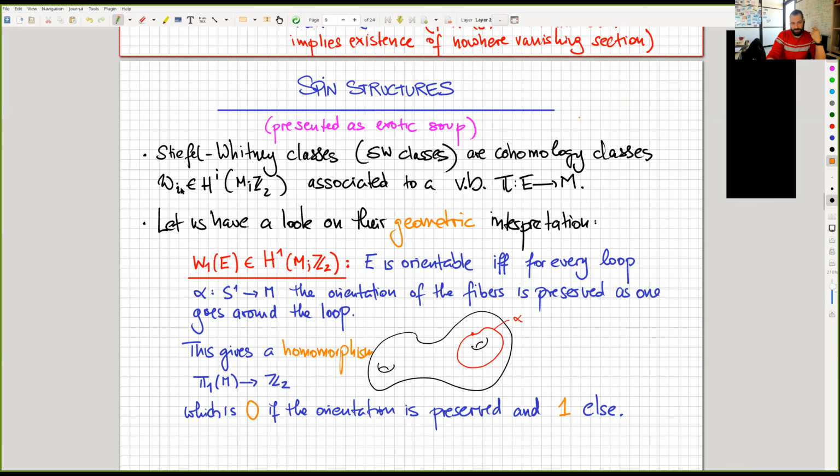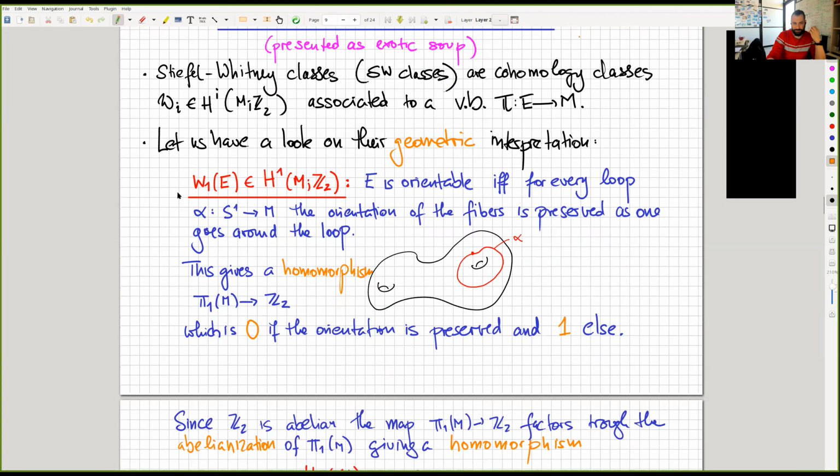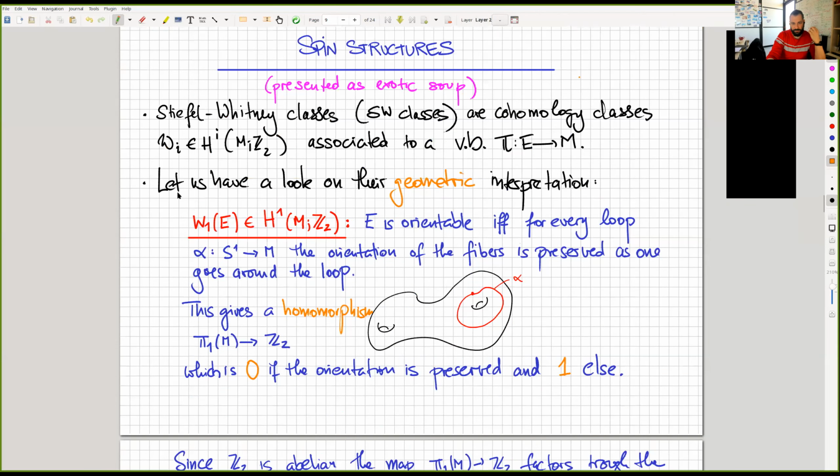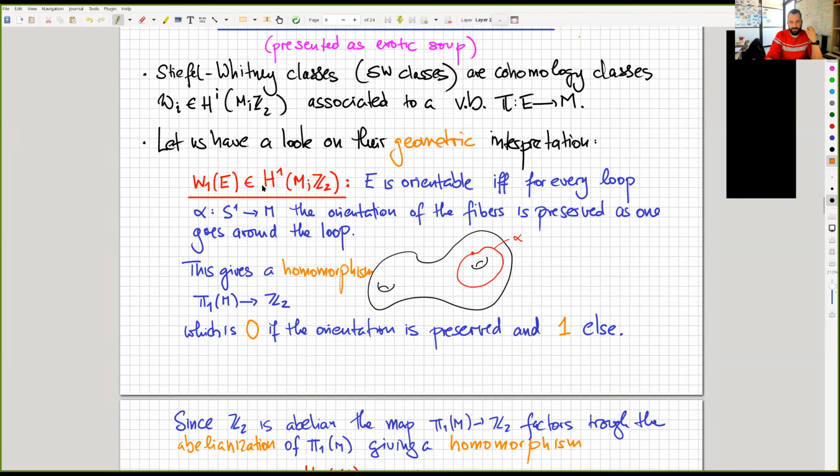And let me show you what the first Stiefel-Whitney class is. To understand this, you first have to understand a characterization of orientability of a vector bundle. You can show that a vector bundle over a manifold is orientable if and only if every loop in your manifold,